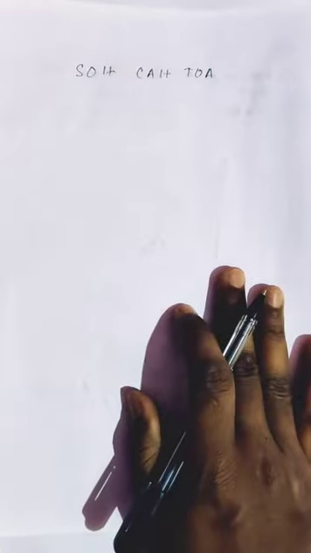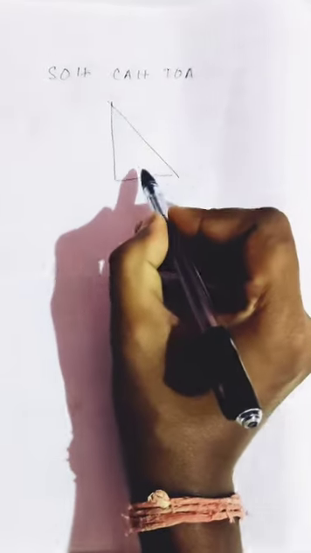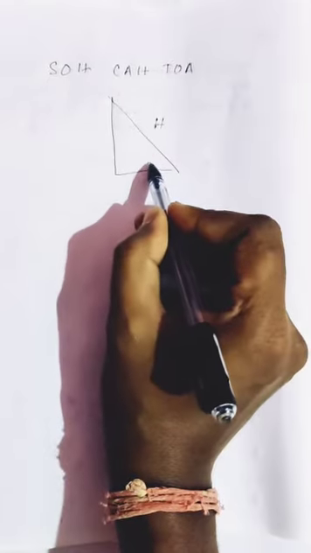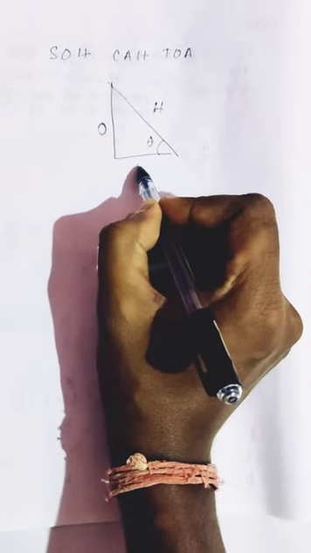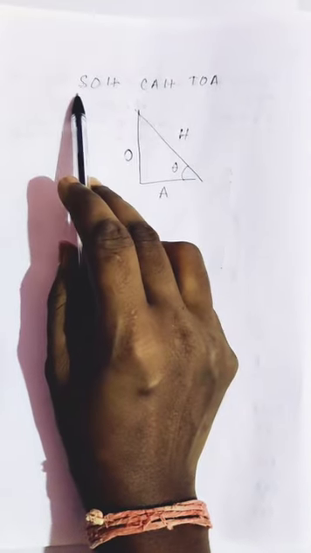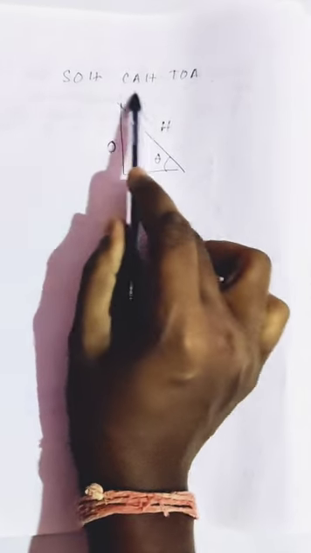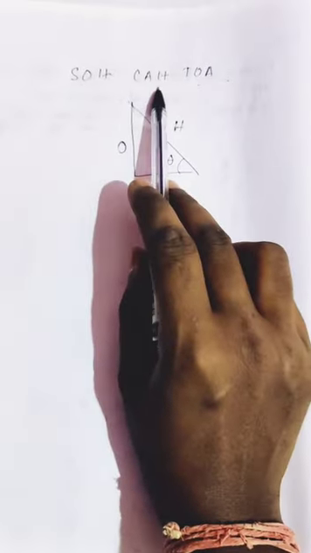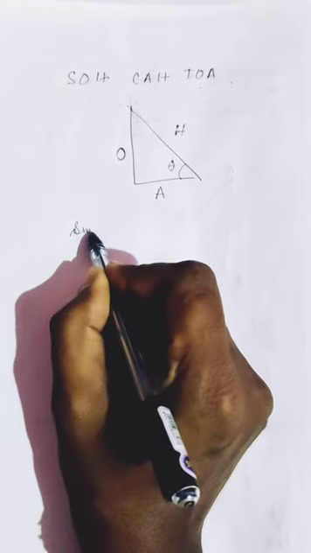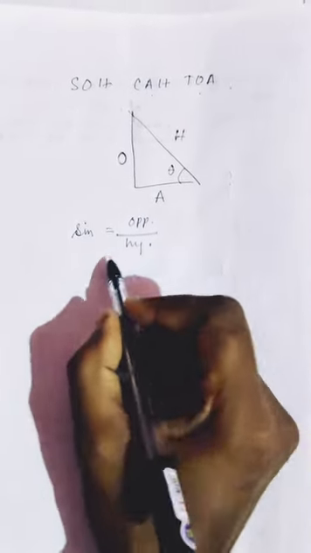Dear students, you can remember these 6 trigonometric ratios in another form that is known as SOH CAH TOA. For that, let us say this is a right angle triangle, and this will be the hypotenuse, that is H. If I take this angle, then this will be the opposite side, and this will be the adjacent side. If you remember this so-called meaningless sentence, it will help us remember the ratios. SOH CAH TOA. Now S stands for sine, O is the opposite side, and H is the hypotenuse. Similarly, cos,